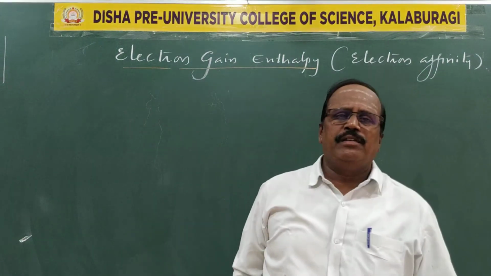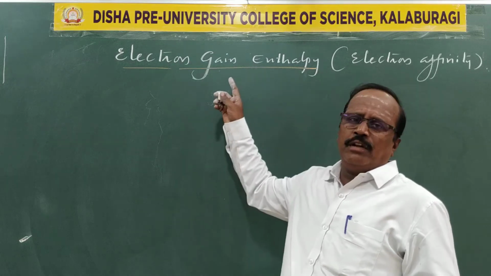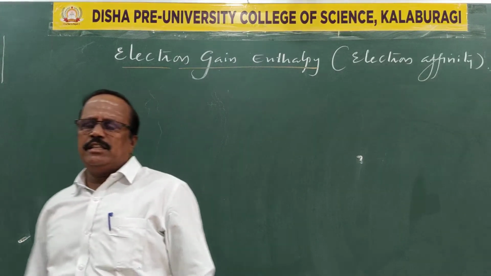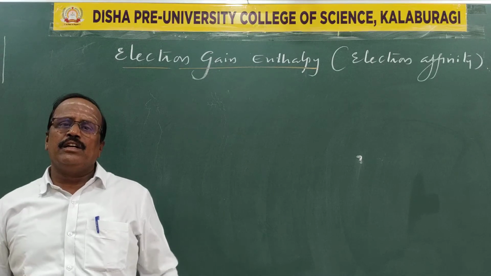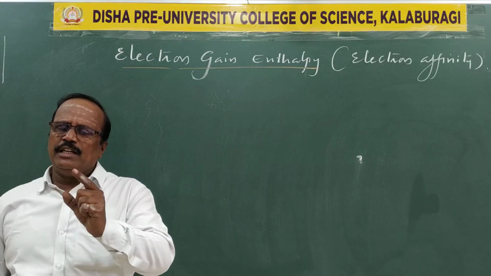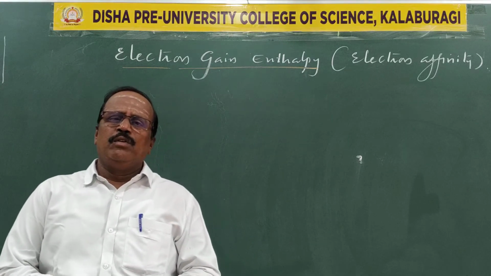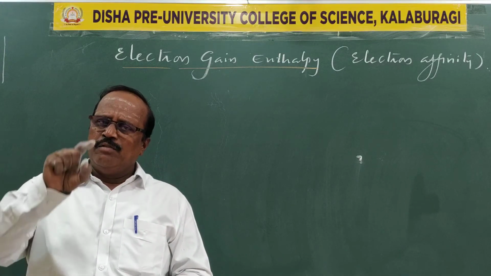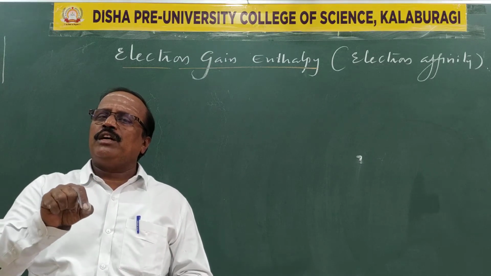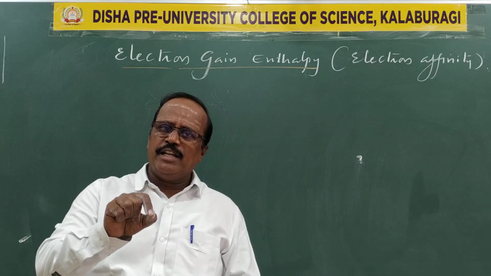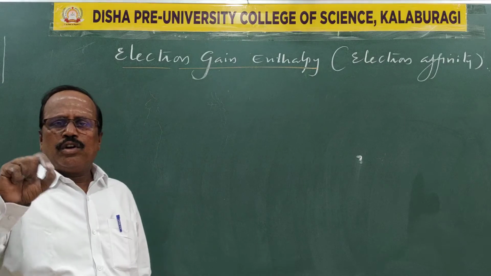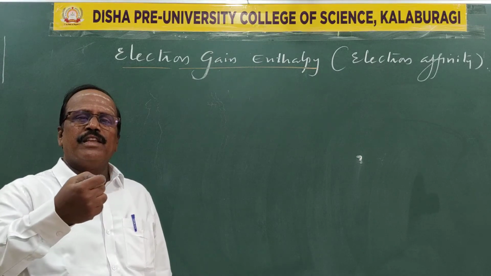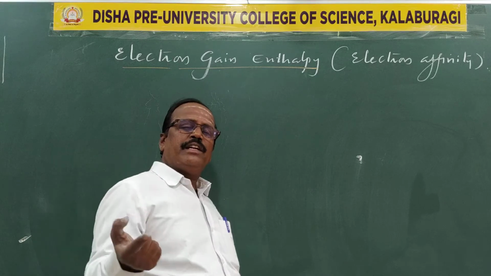Electron gain enthalpy definition: whenever an electron is added to the valence shell of an isolated gaseous neutral non-metal atom... For a metal atom, whatever the amount of energy we supply to remove the outermost shell electron, that energy is called ionization energy, which is always endothermic. When we go to non-metals, be it chlorine, sulfur, oxygen or nitrogen, they are non-metals. Their configuration is very close to the octet of a noble gas. They take up an electron, and whatever energy is liberated in doing so, that energy is called